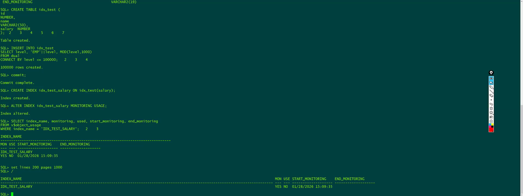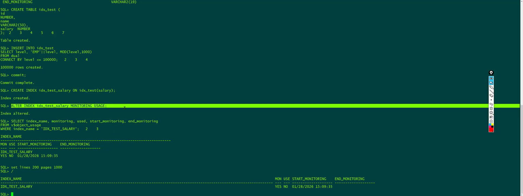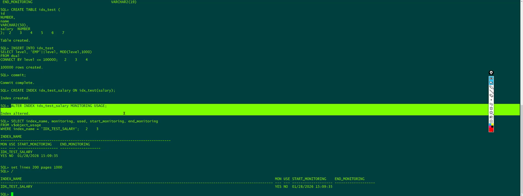So just for temporary purpose, during weekends or non-peak hours, you can just enable it and see which indexes were in usage. Just for 1 week you can enable it, because this is an internal feature in Oracle itself,